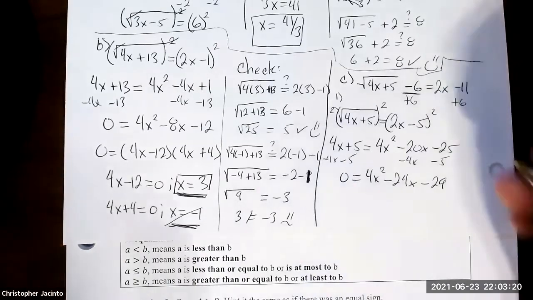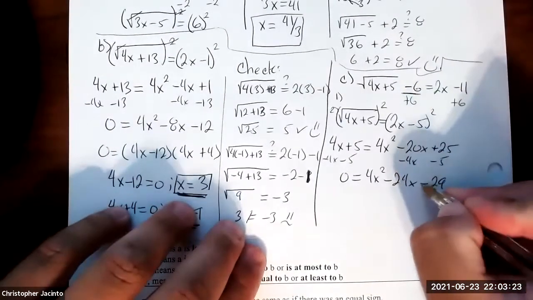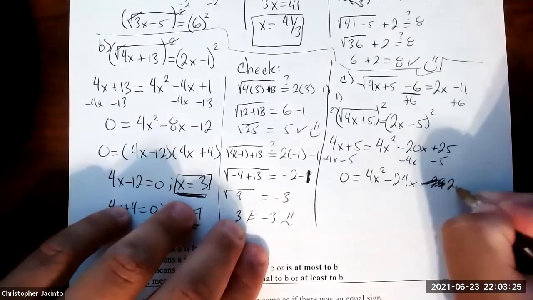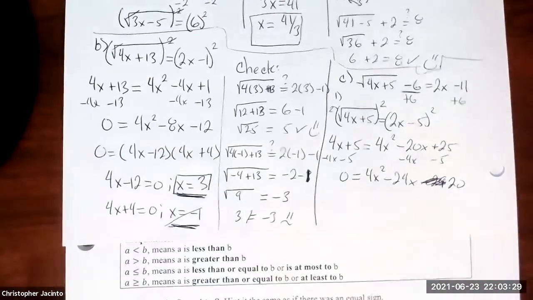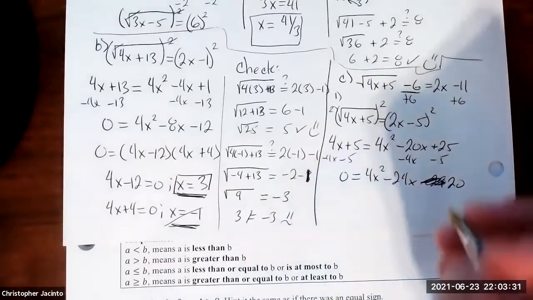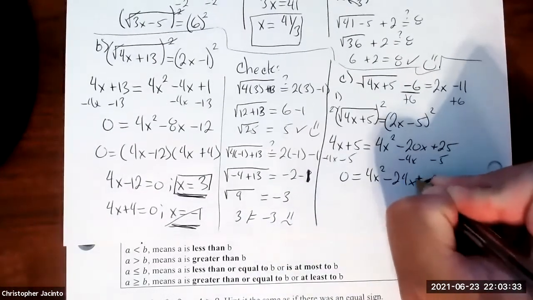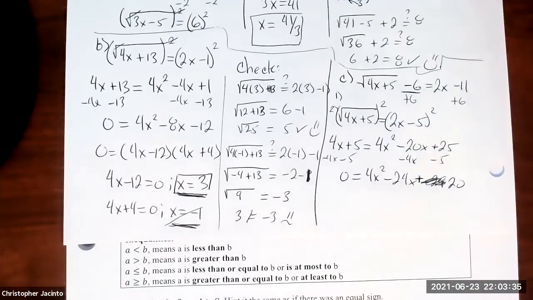Oh, no, this is wrong. This is a positive 5. No wonder it's a little off. This is now 20. There we go. Yeah, negative makes positive. Sorry about that. That should be positive 20. There. So,